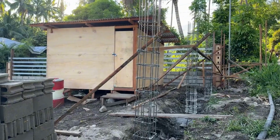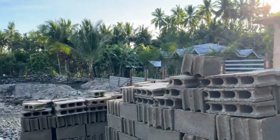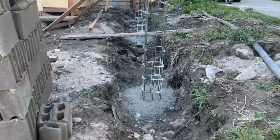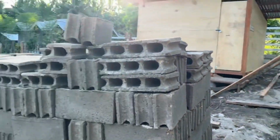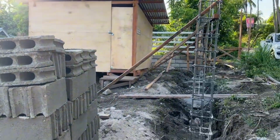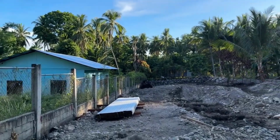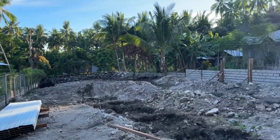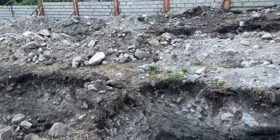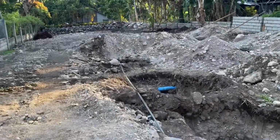All right, so they started the construction last Monday, and the difference of this construction is that Brad and Jade already prepared all the holes for the foundation of their walls, as well as the holes for the foundation of their home. See, so they rented a backhoe, so they have prepared every hole for the foundation of their home,